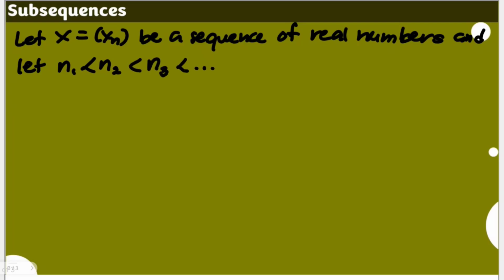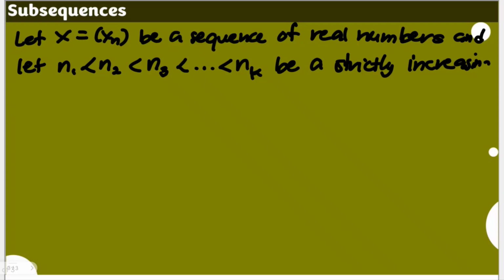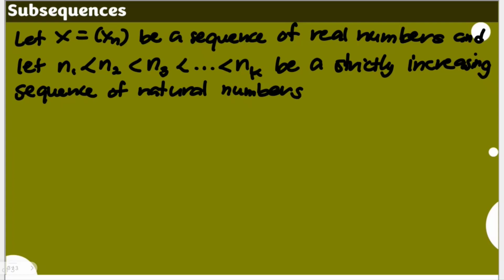In short, the natural numbers are increasing in a certain order until n sub k, the kth natural number, be a strictly increasing sequence of natural numbers. As mentioned, they are natural numbers, so we were able to establish the sequence of natural numbers,